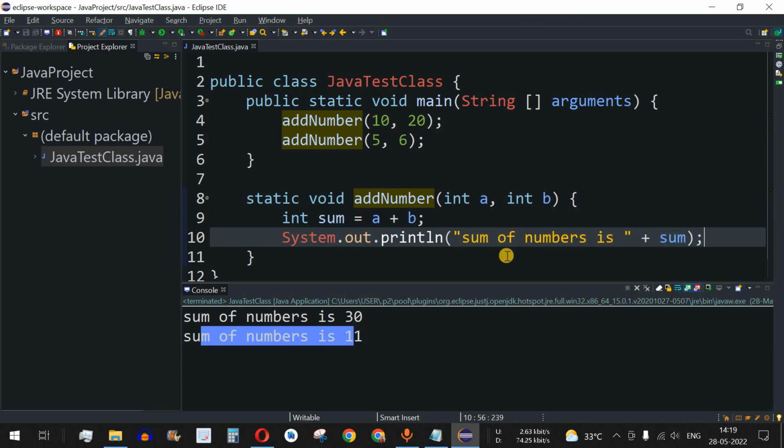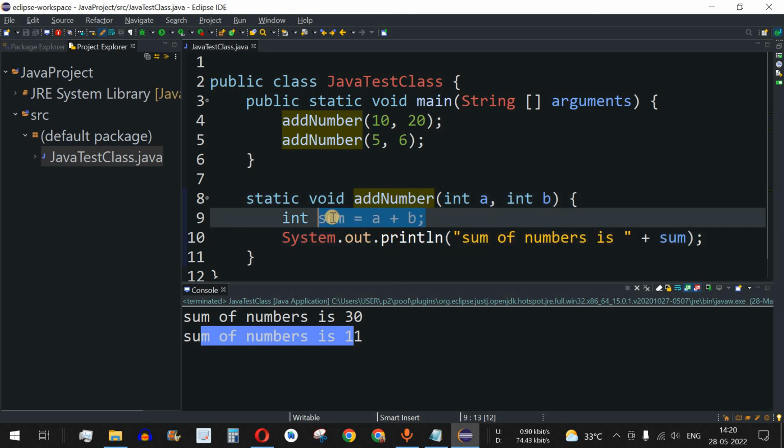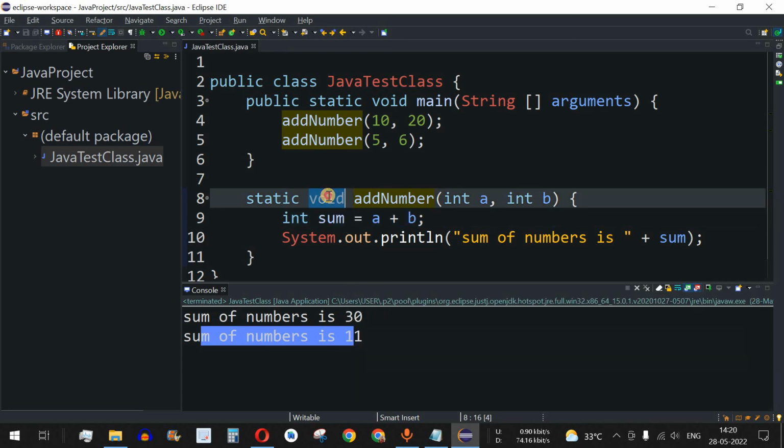Guys, let me show you another example. Let's say instead of printing this sum of numbers in this add number method, whatever the value of sum is, we are going to pass it back to the main. In order to do that, we are going to remove this void keyword, since we are going to return something. Whenever we are going to return anything from a method, we are going to provide the data type of that value.